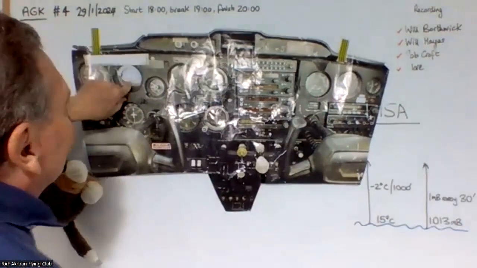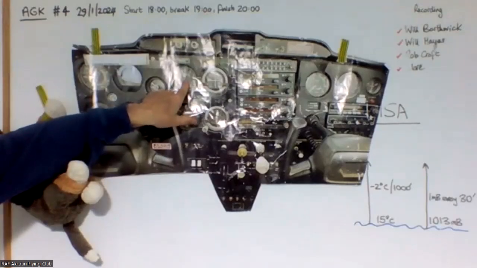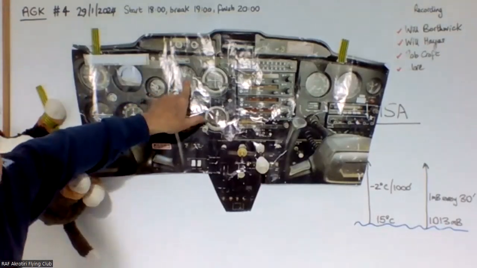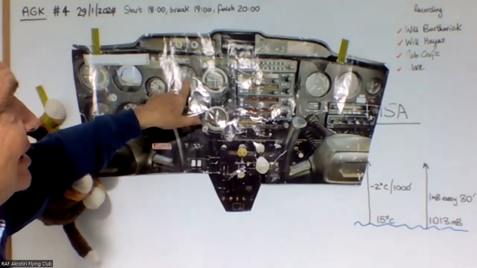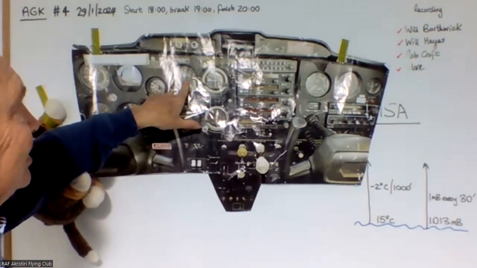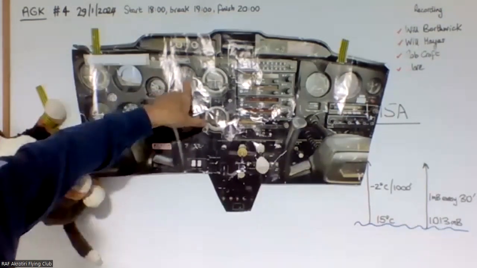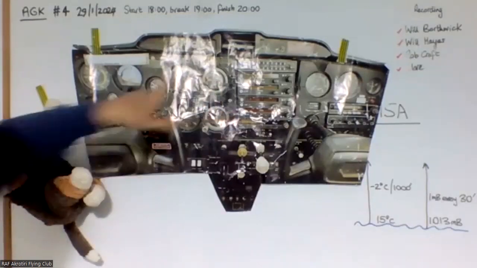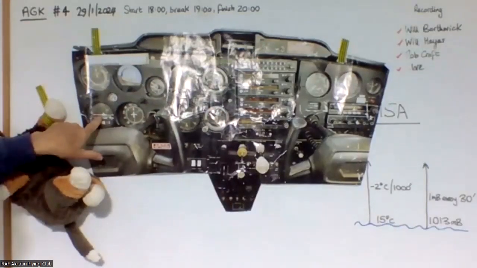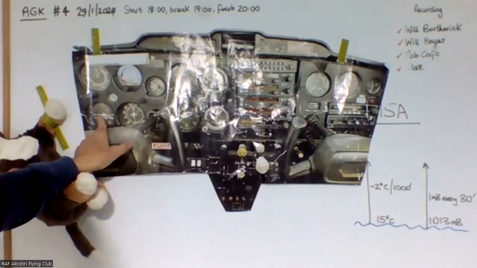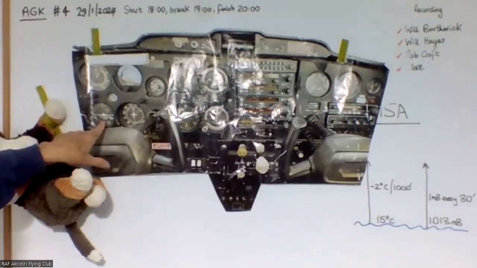Yeah, horizon. And then the next one along is the altimeter. Then we've got a VOR, and then the bottom left-hand corner we've got